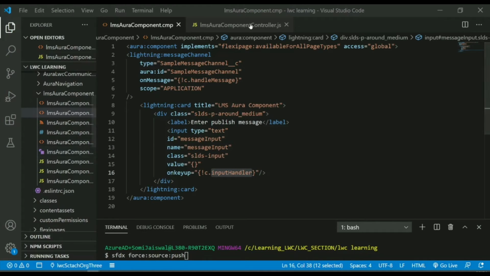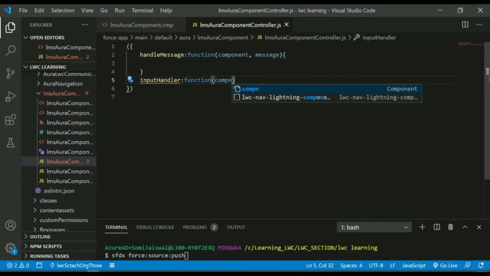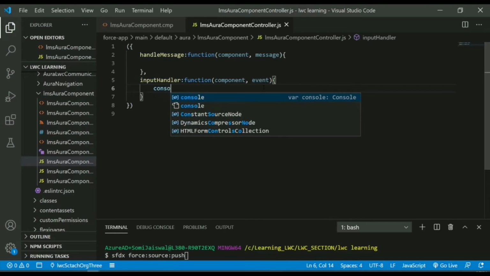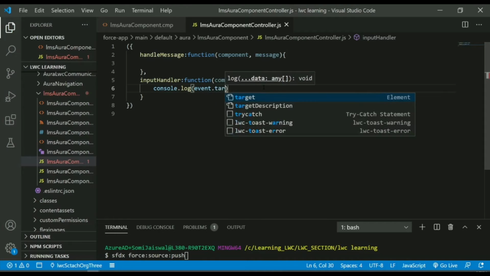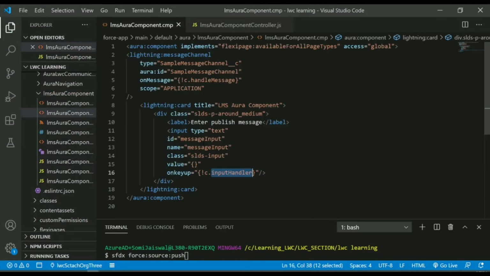in our controller. So I'll create another method inputHandler that will also be a function with component and event. There should be a comma after this. The inputHandler receives component and the event, and what we want is event.target.value, that is the message that we are typing. That's the message that we type in our component,